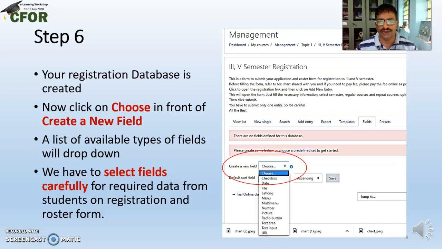And for that, to create a new field, you have to click on the choose, so that a variety of field types are available. Mostly we'll be using checkbox, date, radio button, and text input. For our fee receipt, we can use picture field type.